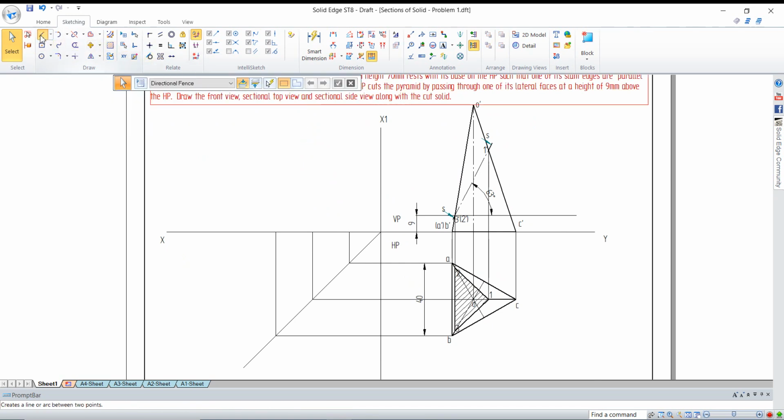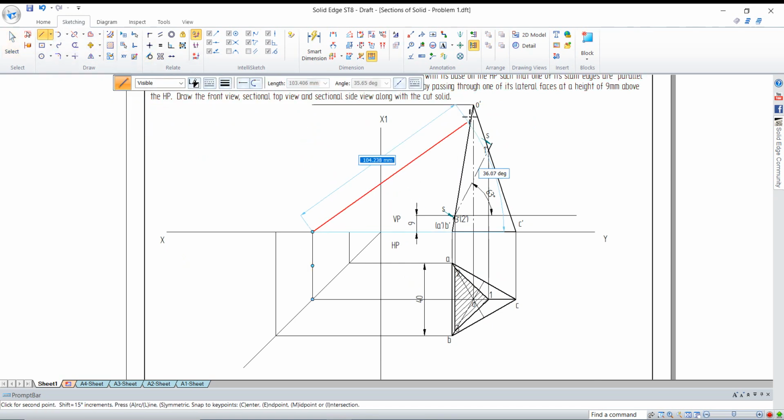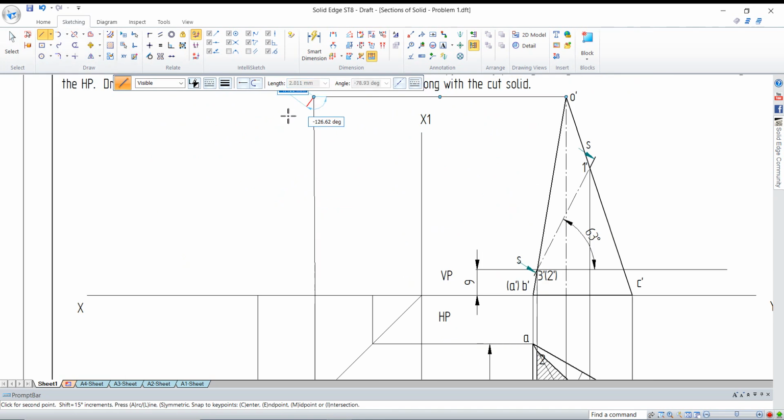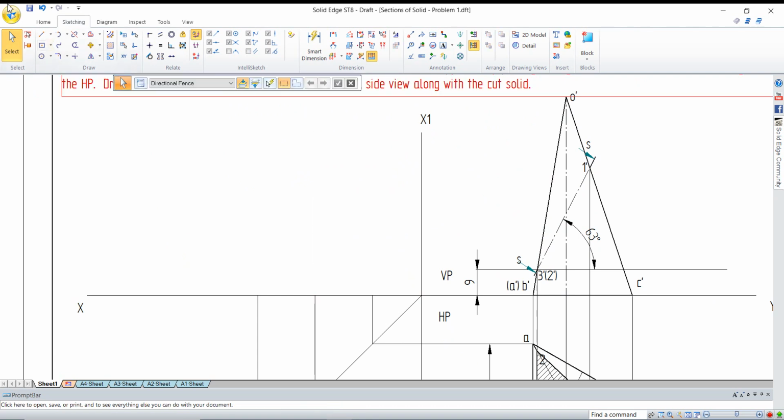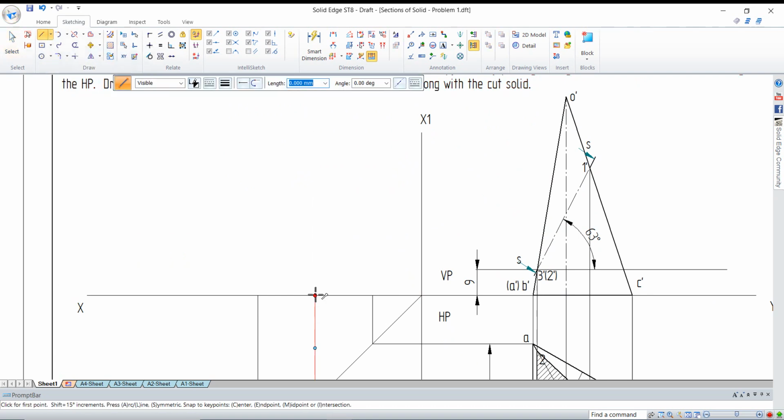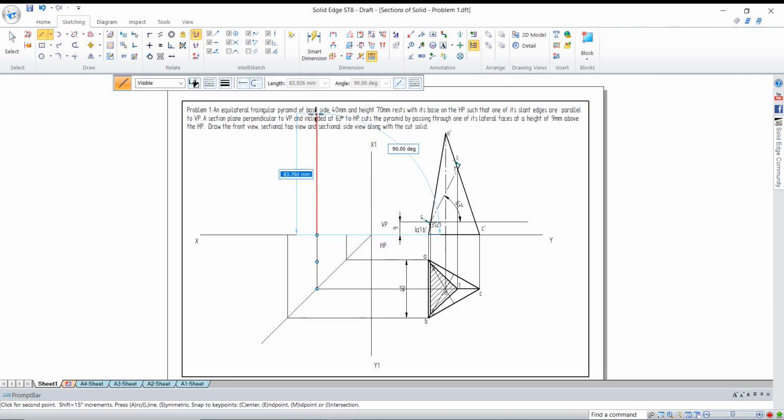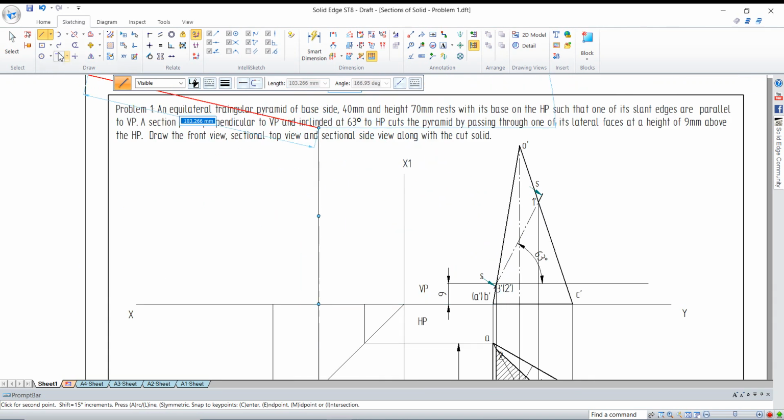I think the line is bent, so again I have to redraw the point. So I try to avoid the bent line. Yes, now the line is proper. Now the line is still bent. I have to delete the first two lines. Now if I draw a line, or you can simply draw a line and keep it like this.